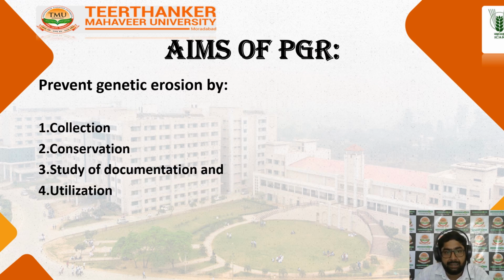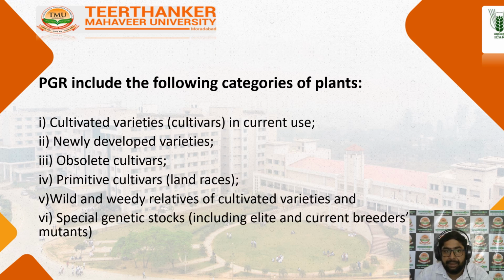Aims of PGR: prevent genetic erosion through collection, conservation, documentation, and utilization of plant genetic resources by the National Bureau of Plant Genetic Resources. PGR include the following categories of plants. Number one, cultivated varieties, meaning cultivars in current use. Number two, newly developed varieties